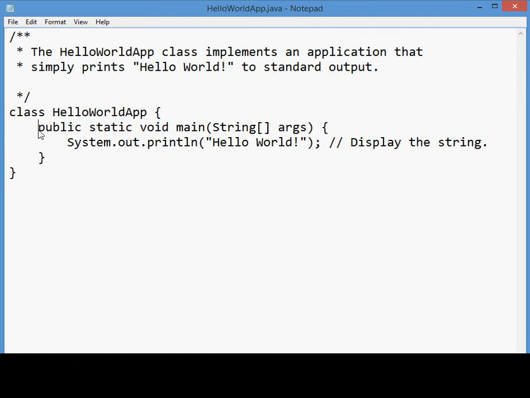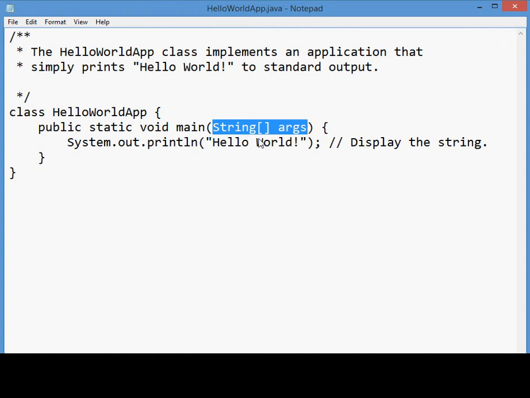The class has one method called main, and main has a number of qualifiers in front of it: public, static, void. It has some arguments which are always given like this. So let's for the time being not worry about what this means. Public simply means that the method can be called from outside the class.